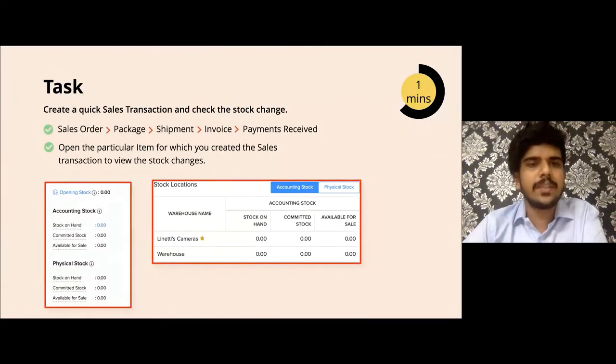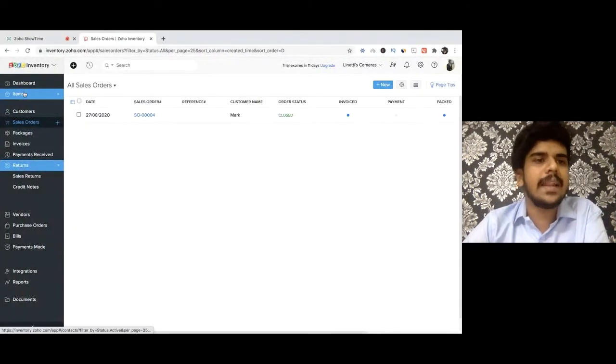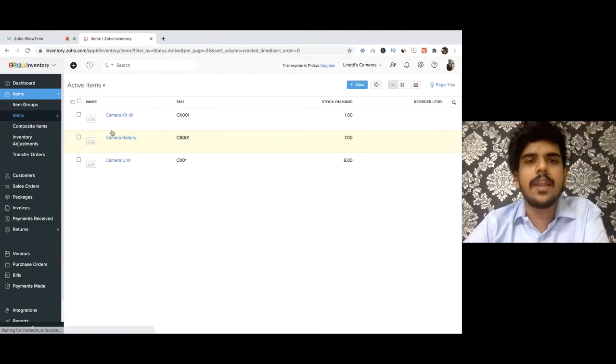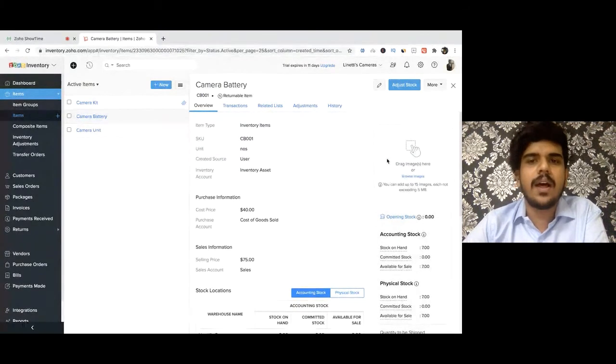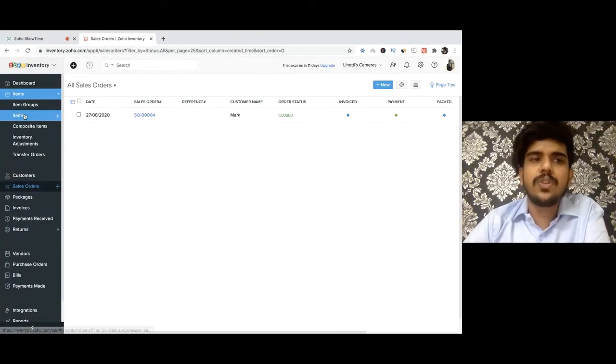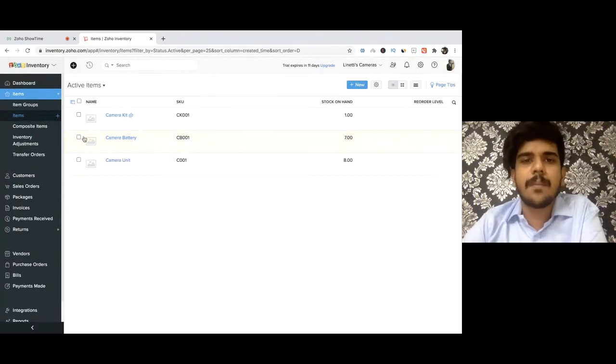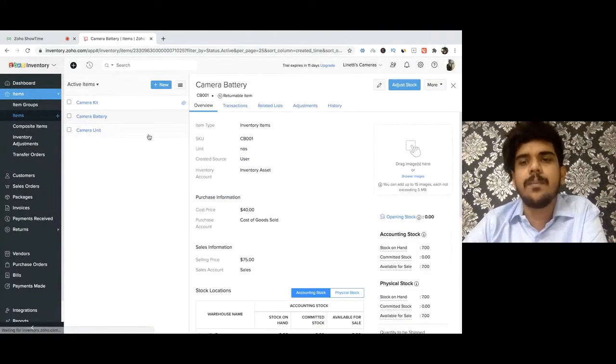Once you have gone through this process, I want you to go back to the item to check the stock related information. So go to the respective product and you can check the stock changes being reflected here under the product. Go to the item that you have made a sales transaction for, and you can check the stock being reduced. While walking you through the purchase and the sales process, I'm asking you to go to the respective item to check the stock changes being reflected.